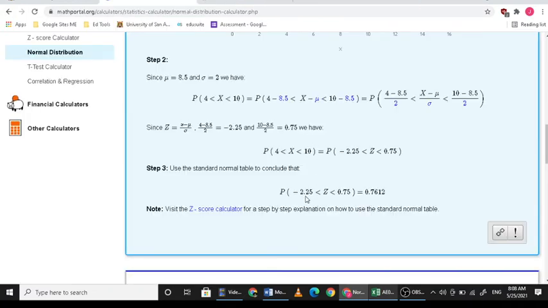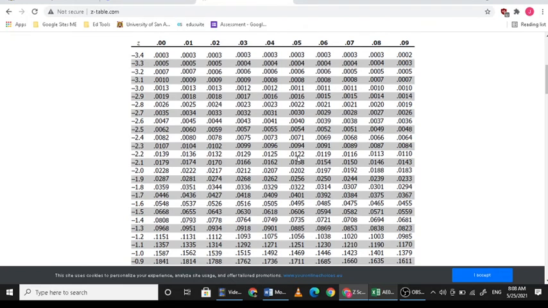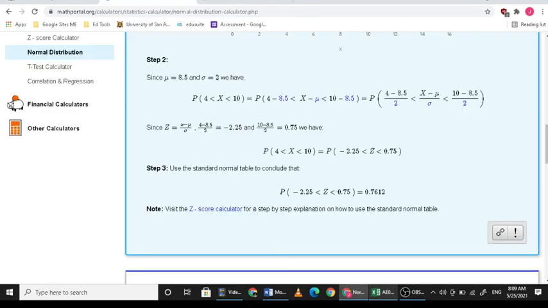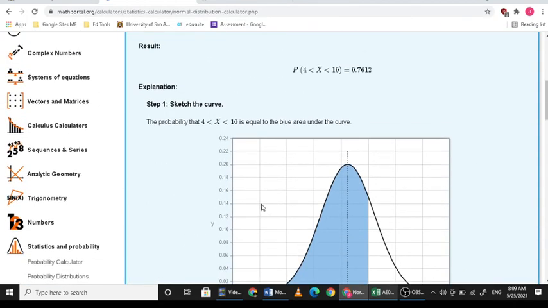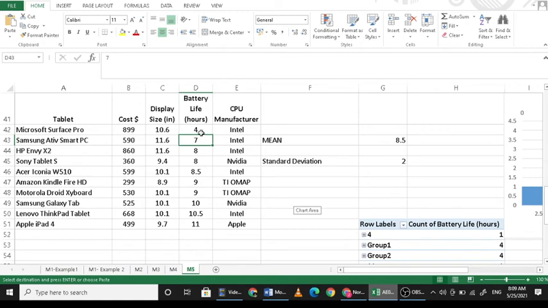Then, ang next is negative 2.25. Negative 2.25 is 0.0122. So, i-minus mo lang na siya. Okay? So, 0.7734 minus 0.0122 is 0.7612, or 76.12%. And we say that the probability that the battery life is between 4 hours to 10 hours is 76.12%. The next, for the last example, you can have